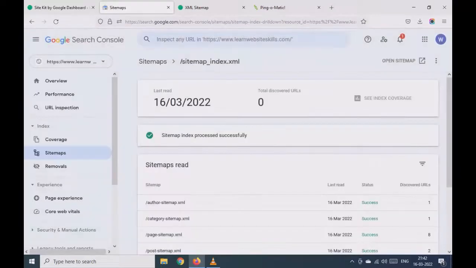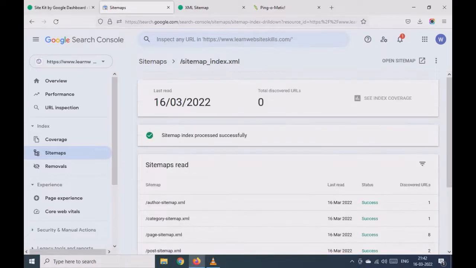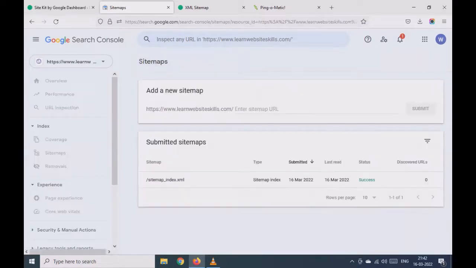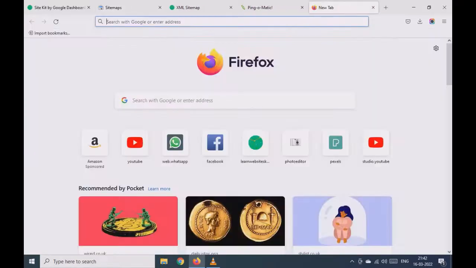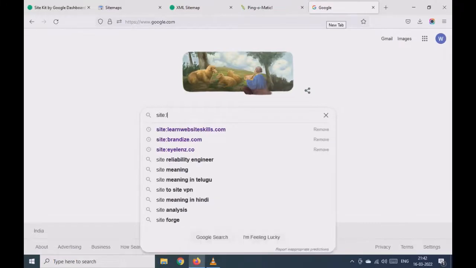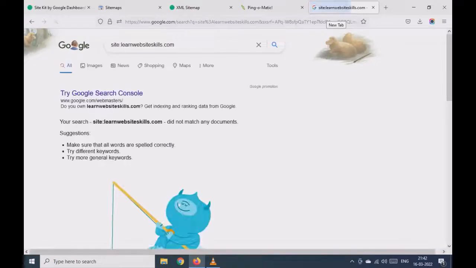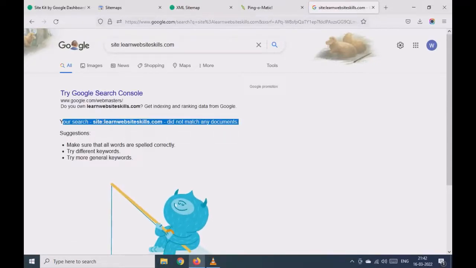Now done. You can see it's showing success. And you can also see that in various categories how many URLs have been identified. So sitemap plays a crucial role in sending your website related pages, posts, categories, tags, products, everything to Google. So whenever you post something, sitemap will transfer the data to Google and it will help us, and Google will go through that data and